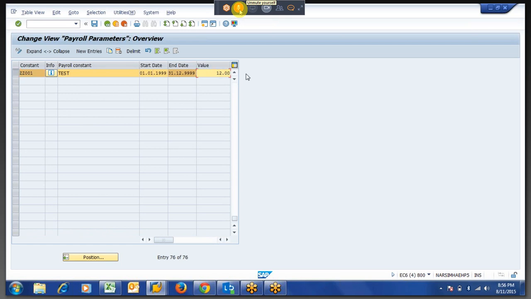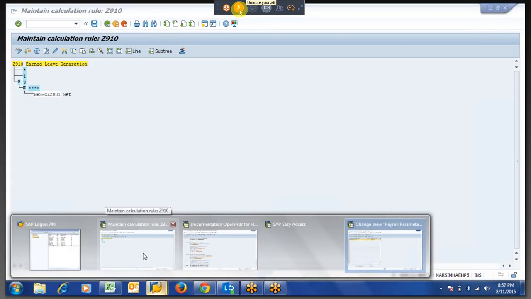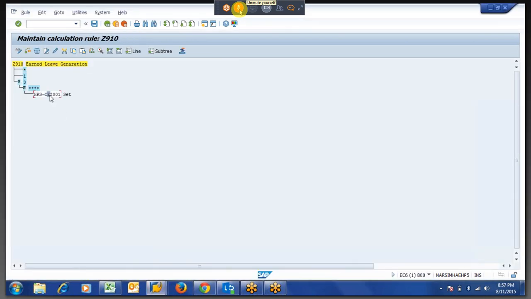Instead of giving the number directly, I am using this constant to be called over there. Whatever number you maintain as the value here will be called to the place of HRS. You got this? Anybody else having anything on this?